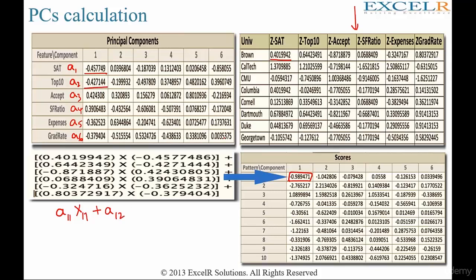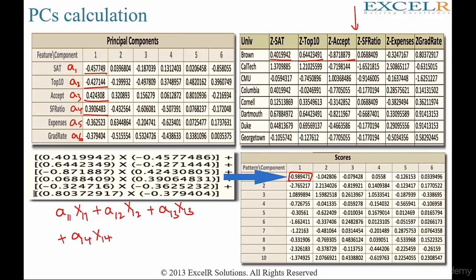You multiply it with top 10 because here we have top 10, here also we have top 10. Here you have A13, which is this value, multiplied with x13, which is this value, plus A14